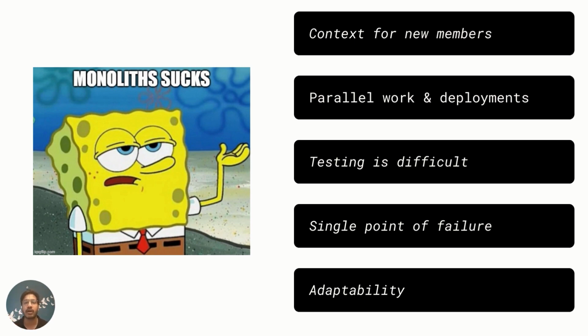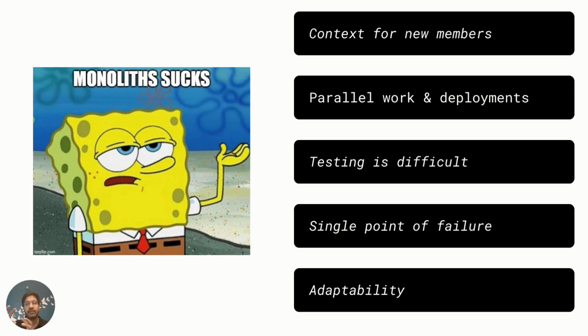And a new member comes into your team. In a monolith architecture, if you're building a platform in a monolith architecture, the new member requires a lot of context and needs to understand the whole system in order to get started. In order to work even on a single thing, the person needs to know the whole system, the whole code base. The reason being, anything and everything in a monolith architecture is closely coupled.